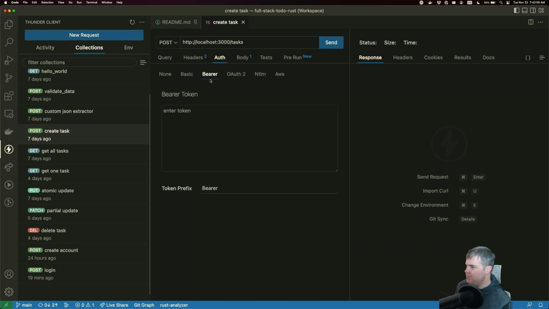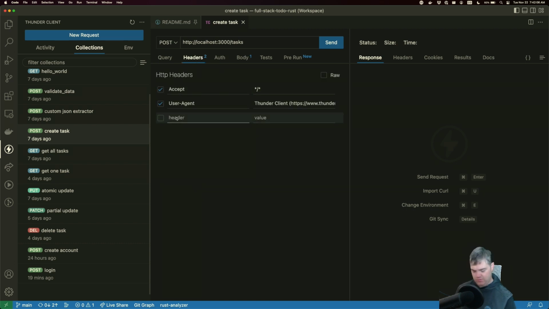It's not really a bearer token, so it's none of these things. So we'd have to come here and we'll use an authorization, and then, okay, we just pass in a token. So something like that. Okay, I like it. We'll do that. We use an authorization header.